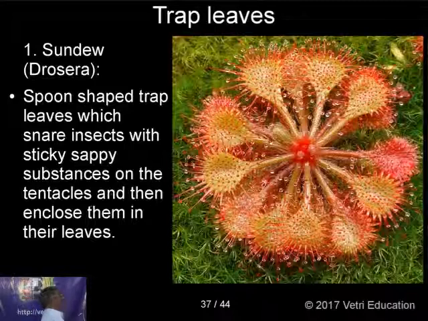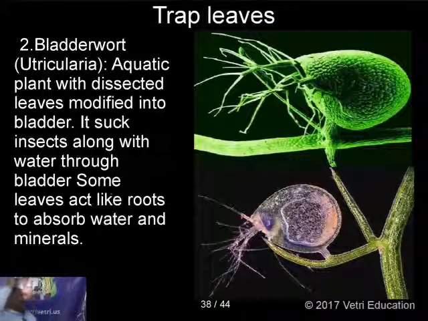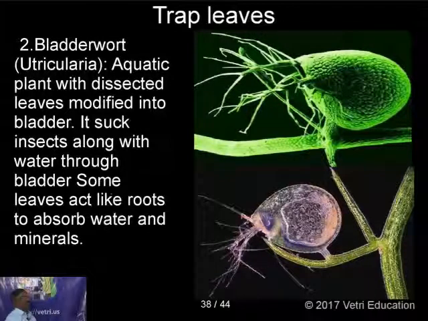This you can find in sundew plant. Next you have Utricularia. This is a hydrophyte. You can find this plant in water, an aquatic plant with dissected leaves modified into bladders. Some leaves are useful for absorption of water, and some leaves have a bladder-like structure. A transparent diagram is given here, where you can find